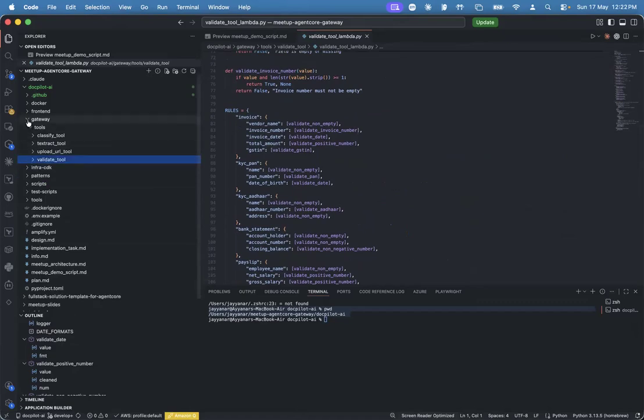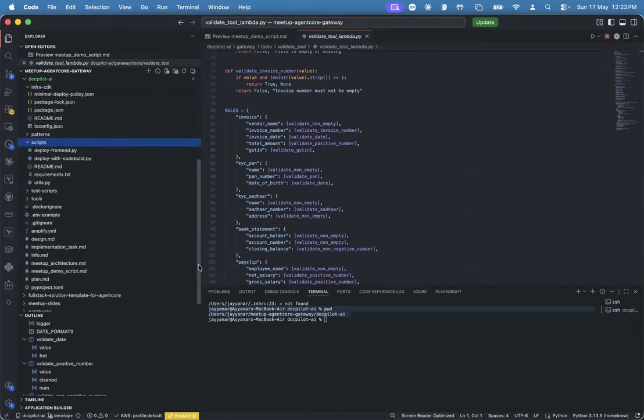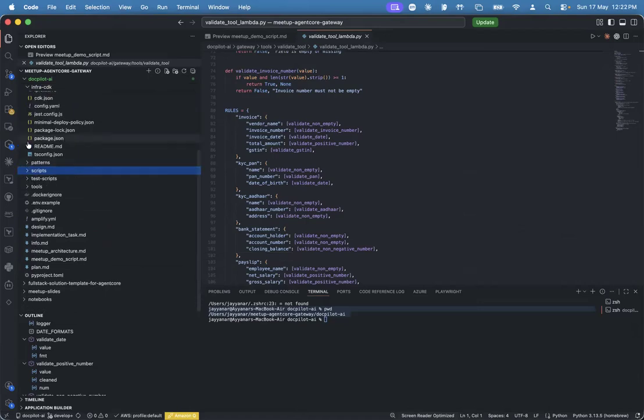This is about the gateway and infra. So what we need to do is deploy this whole stack. I want to keep everything in the infra, so the Lambda function, feedback Lambda function, everything I kept here. If you want to test locally before deploying, or deploy the front end with any other tools, keep it under the scripts.